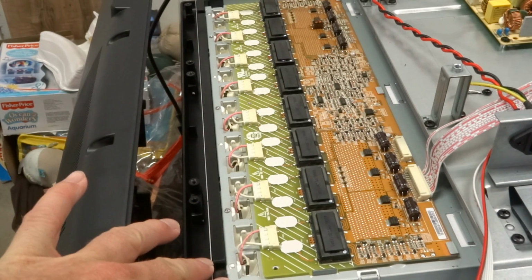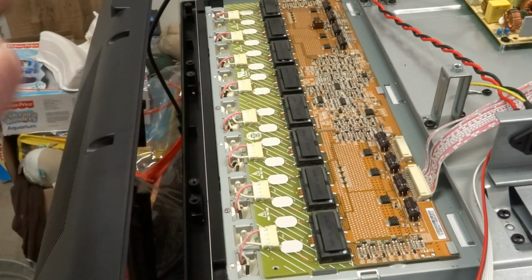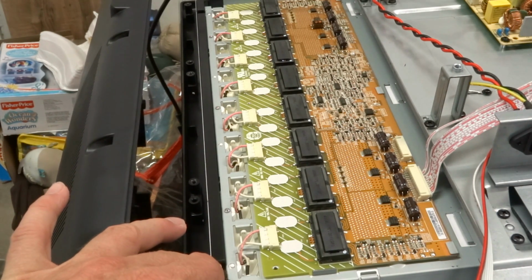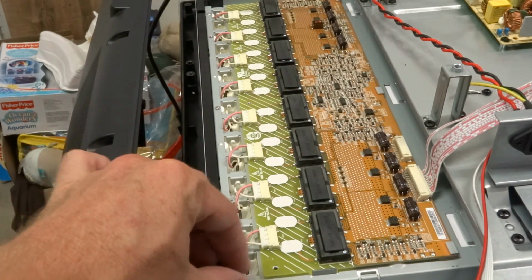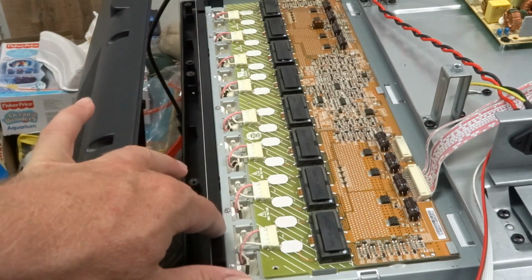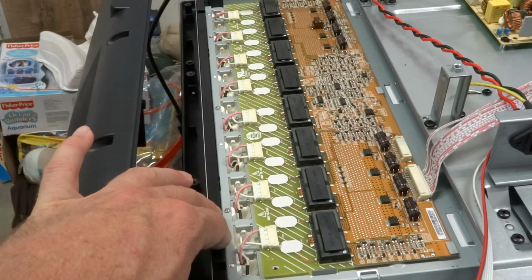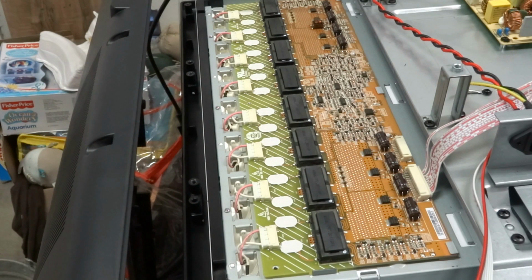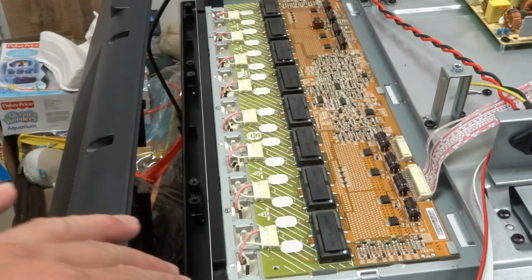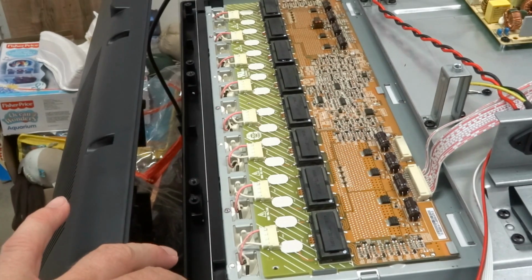Now, televisions and monitors up through probably around 2010 or so, they used what are called CCFLs, cold cathode fluorescent lights, as the backlighting. And so there's basically tiny little fluorescent bulbs that run across the back of the TV set to light it up. Newer TVs, they use LEDs as the light source, and so you won't find this. But if you're repairing a TV, chances are it's going to have these CCFLs in it, and these use high